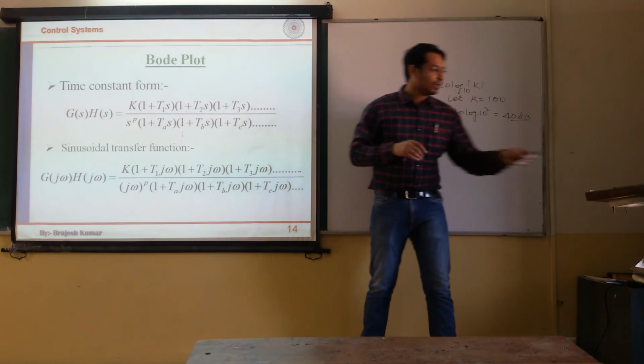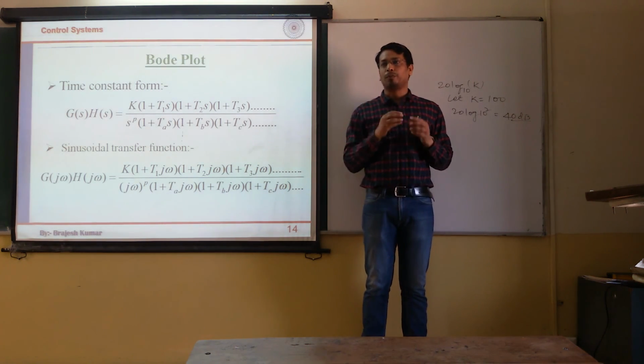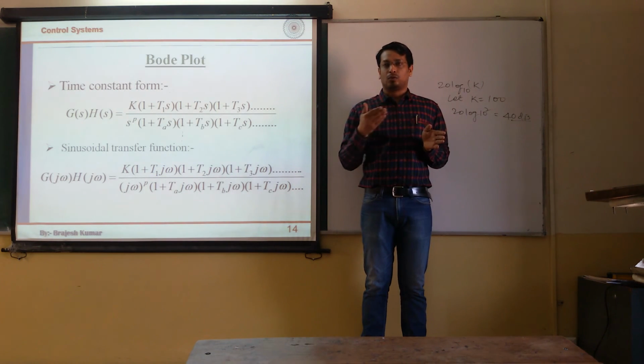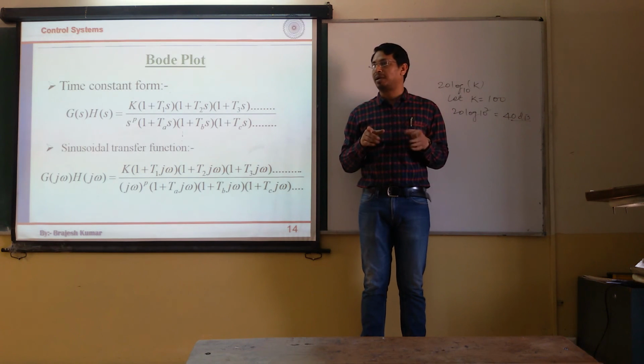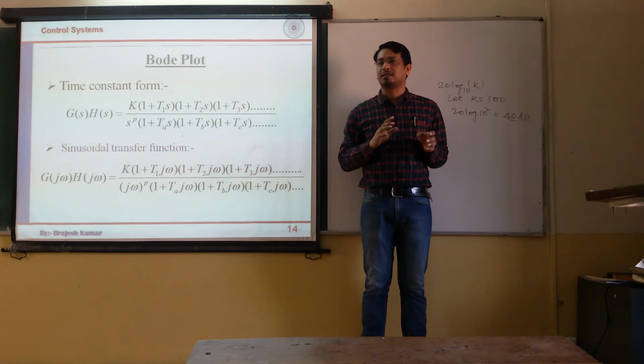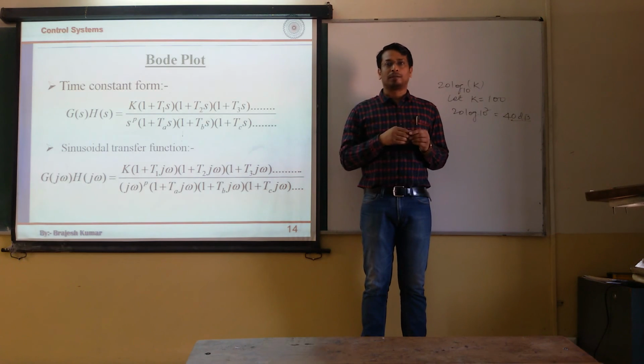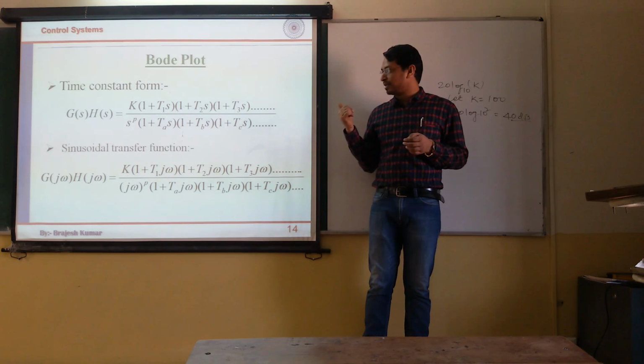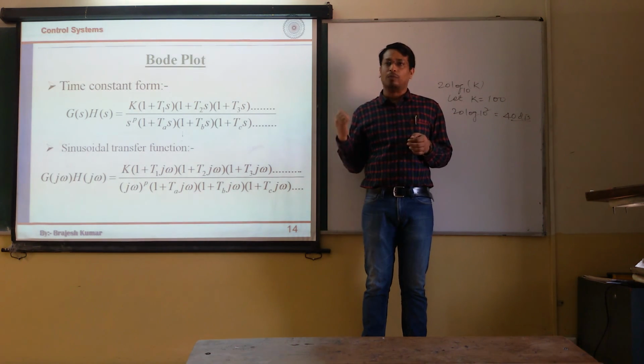So what we will plot as a Bode plot will be a linear approximation of the actual value. Correct? In the root locus also, we have not plotted the root locus point by point; rather, we applied some rules to plot the root locus and approximated the values except at the key points. Similarly, we will plot this graph as a linear approximation of the actual thing. So what may be the maximum error in this linear approximation? We will calculate it and we will see the contribution of each of these factors. Correct?